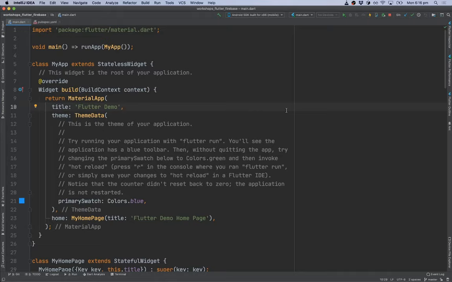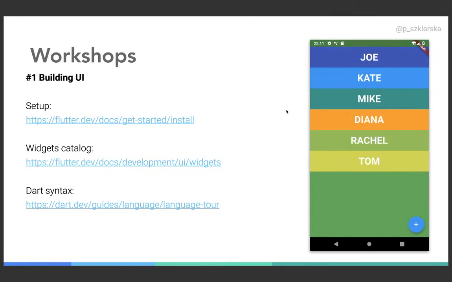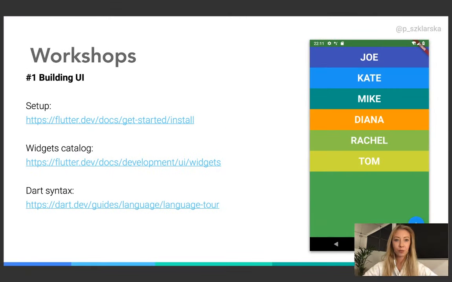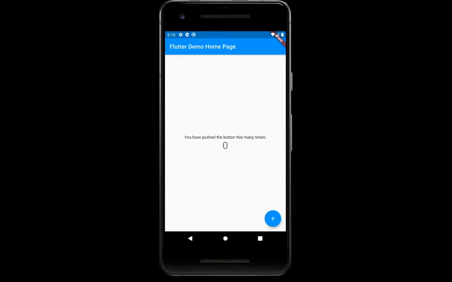Okay, cool. I've got an emulator in a different window, so I need to switch quickly to it. Okay, cool. Now you should see the emulator. So yeah, this is the counter app that you can test. You can play with this a little bit. I can just tap multiple times there. I can go back